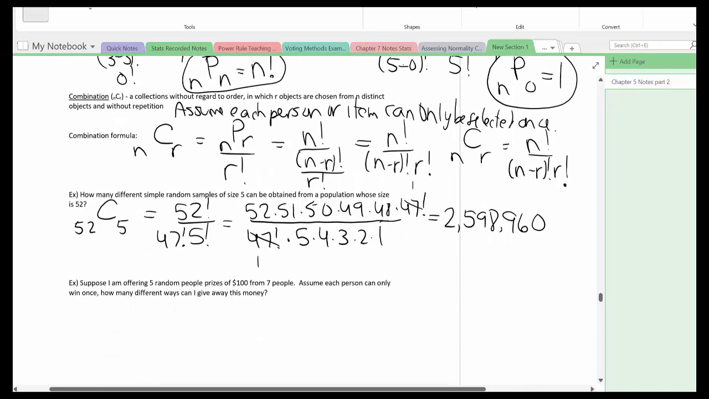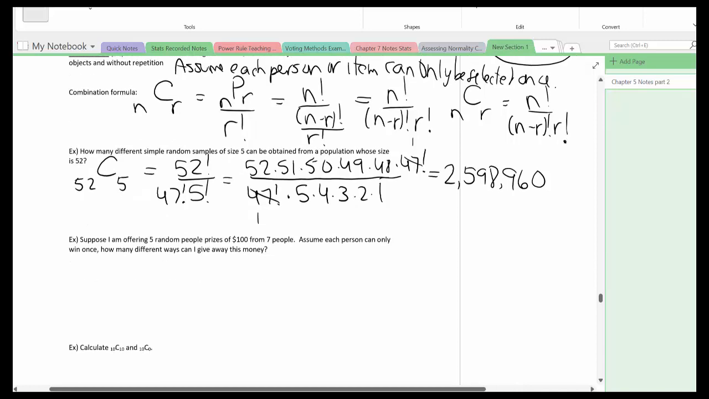Okay, so suppose now I'm offering 5 random people prizes of $100 from 7 people. Again, assume each person can only win once. How many different ways can I give away this money? This time around, we're taking n items, taking r at a time. Each person can only win once, and the order doesn't matter. Why? Because every single person is going to win $100, unlike the previous example where it was 5 different amounts. So this is a